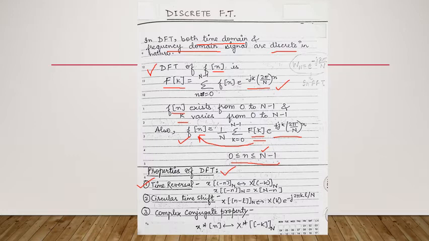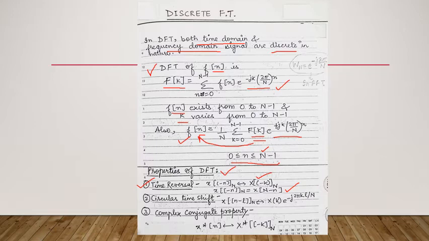So if I change n to minus n, then what effect do we see on the frequency domain? We can see that it also changes to capital X of minus k. So if the DFT of x[n] was capital X[k], we can say the DFT of x of minus n will be capital X of minus k. That is, we will replace everywhere wherever k was coming in the result with minus k to obtain the result. Another important factor which we must note here is, if we take x of minus n, then it will be equal to x of capital N minus n.